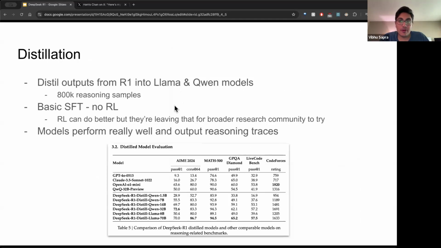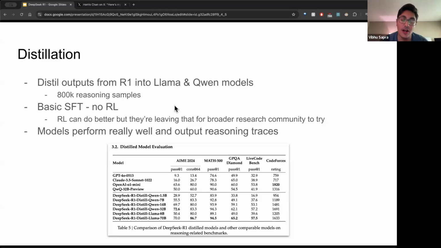Then the last part of this paper is the distillation step. I'll talk very, very quickly on this. Distillation is where you take a big model, you generate outputs, and then you mimic those into a small model. You can either just take input, output, and do continual post-training, and now you've distilled a model, or you can do this distillation loss where you try to get a small model to match the output logits. So not just match the output, match the output distribution, really match the thinking process of what the big model is doing.